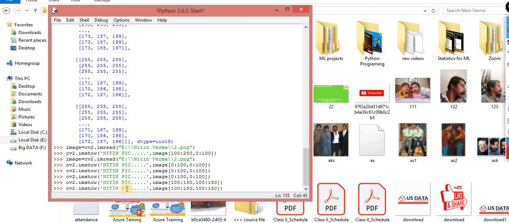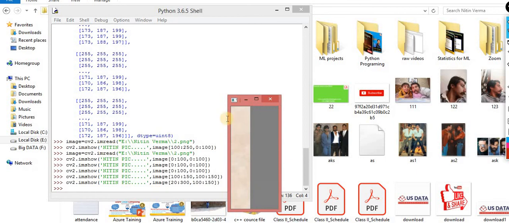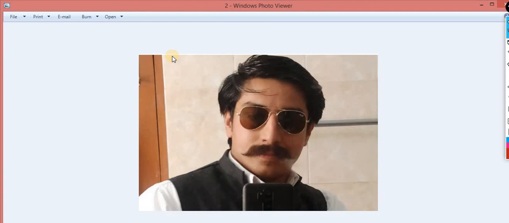This time I'm reading from row 20 up to 300 rows, with the same columns. The counting starts from 20 up to 300 rows, and columns 100 to 150, somewhere around this area.